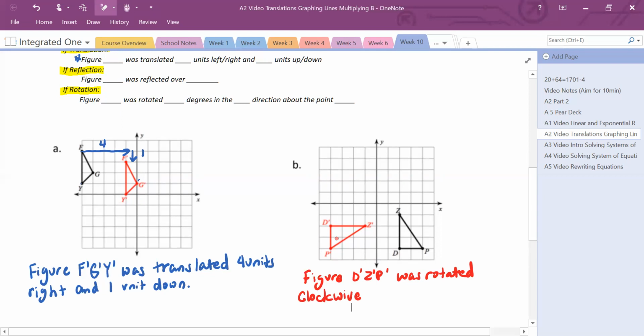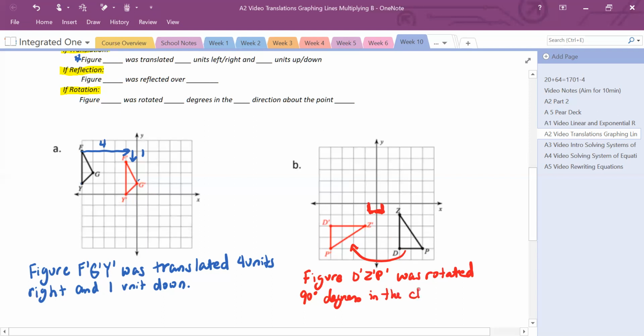Well, actually, it's got the degrees first. I apologize. Rotated a certain number of degrees. It's rotated 90 degrees. How do I know it's 90 degrees? Well, if I take this shape right here and click it once, if you're looking at this right here, this is a 90-degree angle, and if I rotate it just this way, it's going to be another 90-degree angle. So it's rotating at 90 degrees